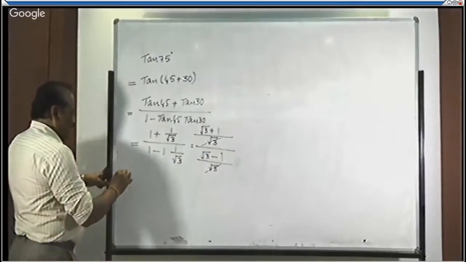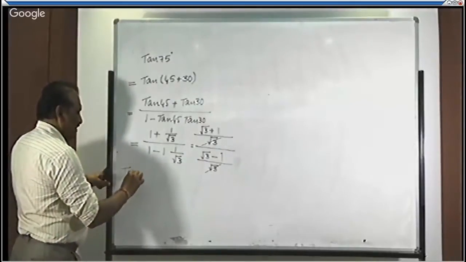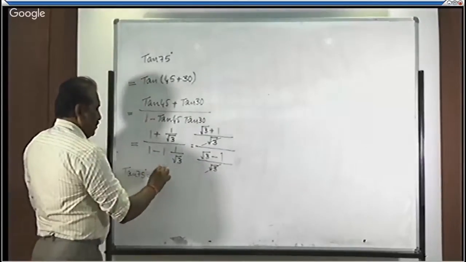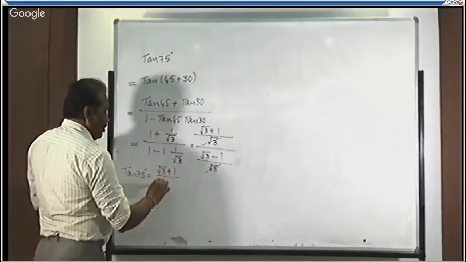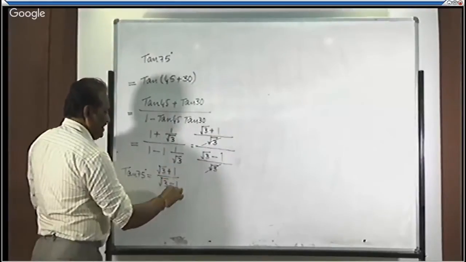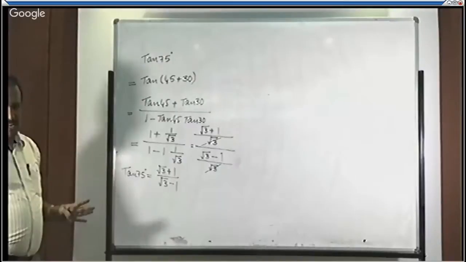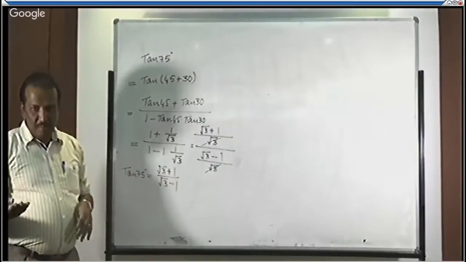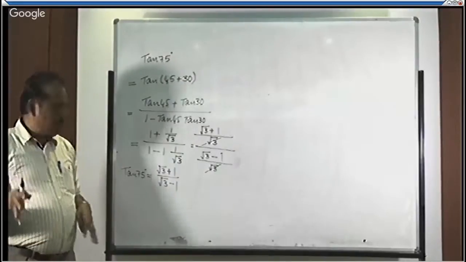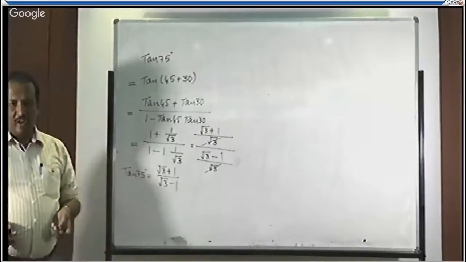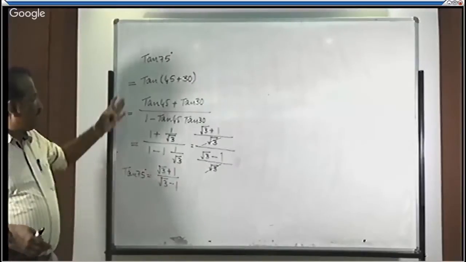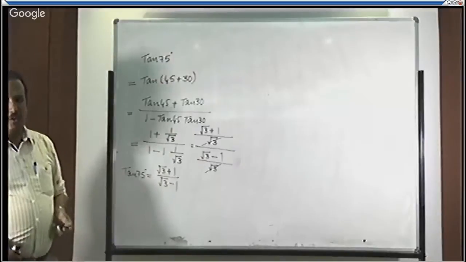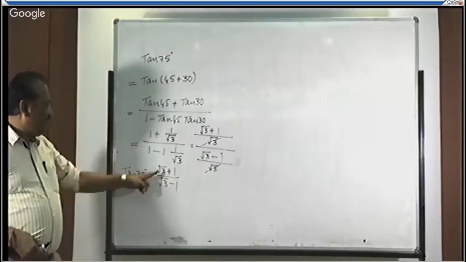Now we write tan 75 degree is equal to root 3 plus 1 divided by root 3 minus 1. Still there is a scope for simplification. If you rationalize the denominator, you will get some other numerical. While simplifying that also, the total numerical obtained is equivalent to root 3 plus 1 divided by root 3 minus 1. So this question is limited to 3 marks. For 3 marks, if you write up to this extent, it will be more than sufficient. Now tan 75 is equal to this.